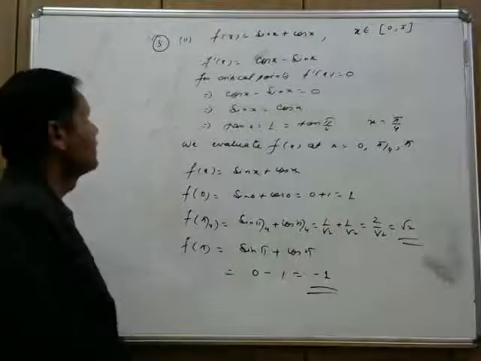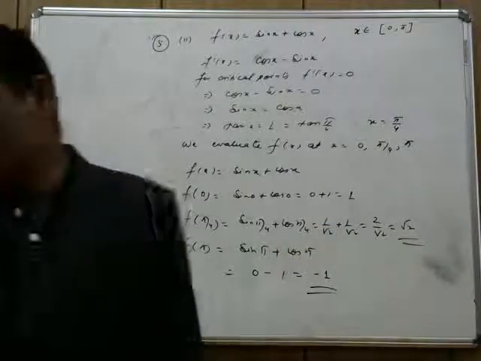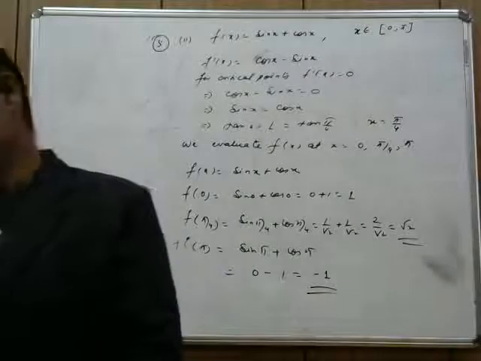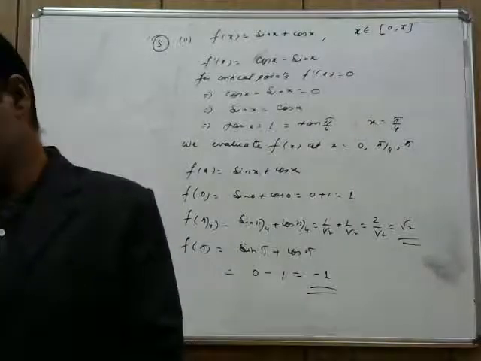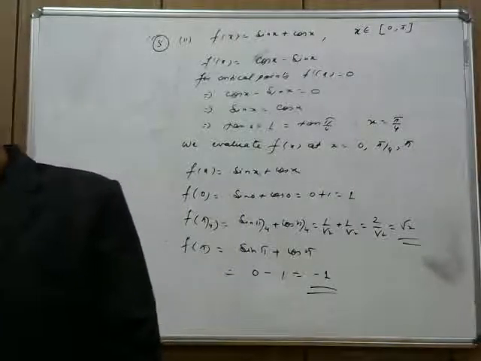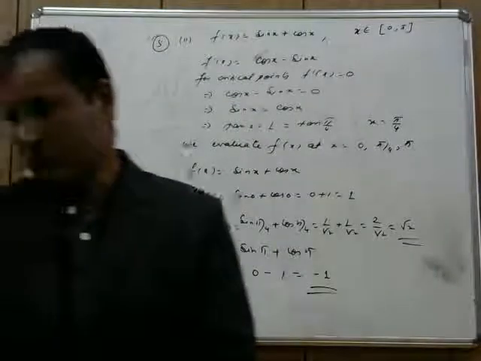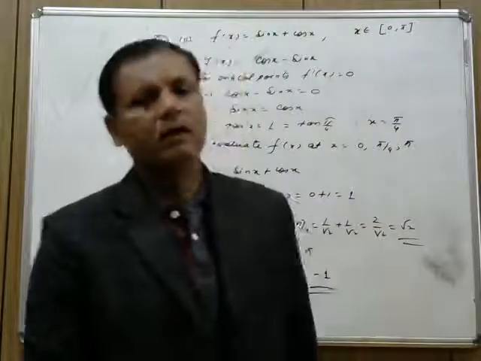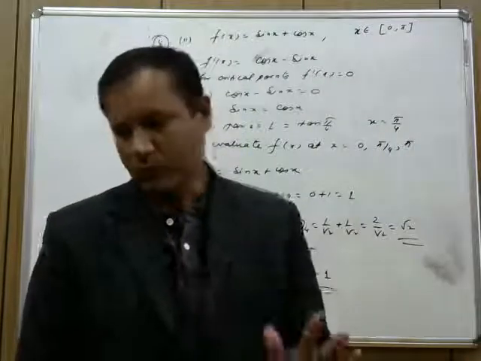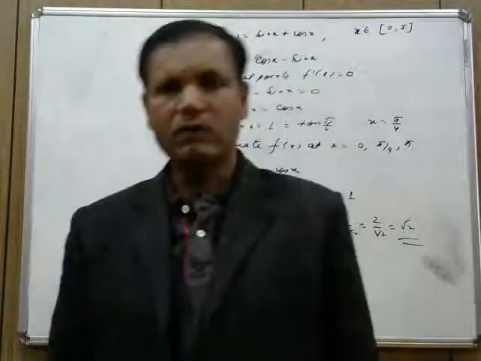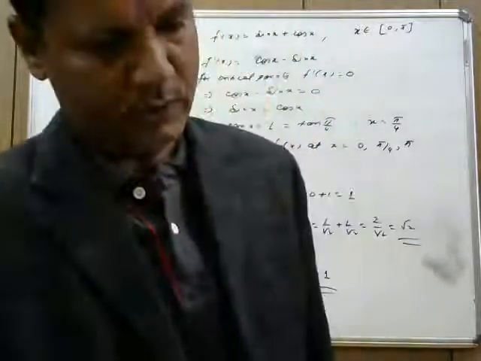Okay. Similarly, we will go for the third part of the question also, and that is f of x is equal to 4x minus x square by 2, and the fourth one is f of x is equal to x minus 1 whole square plus 3. The last two parts I will not solve, and I wish that you should solve them. This was still question number 5 for this lesson.